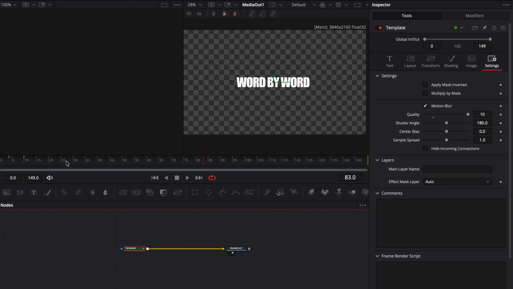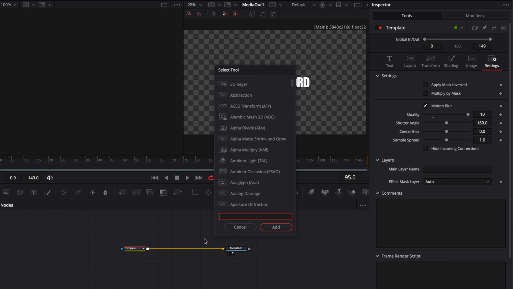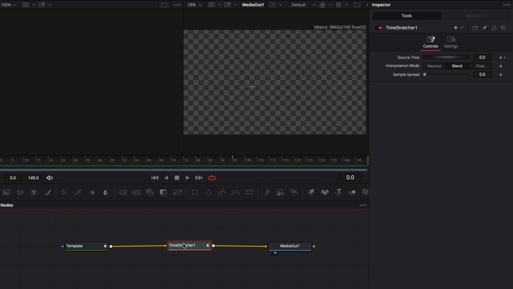What I usually like to do with the animation is not to have just an intro of the animation, but also to have an outro when the text disappears. Now, in order to make it very quick and easy, you need to click Shift Space and then type in time and then select Time Stretcher and add this node. If you select the Time Stretcher, remove the keyframe if you have any, go back to frame 0 and click on the keyframe. Then go